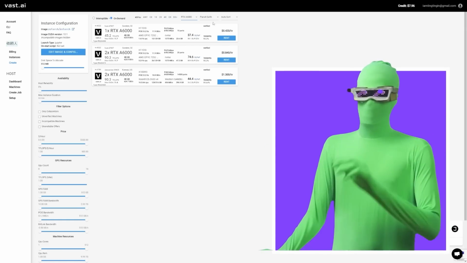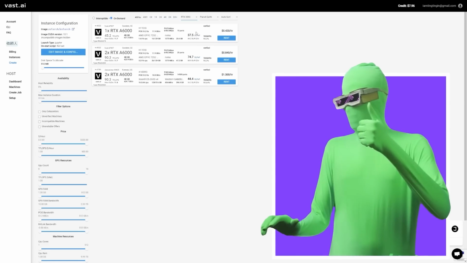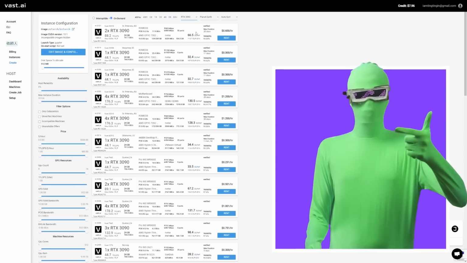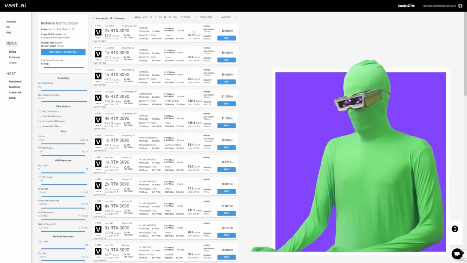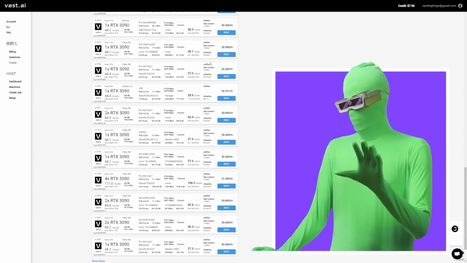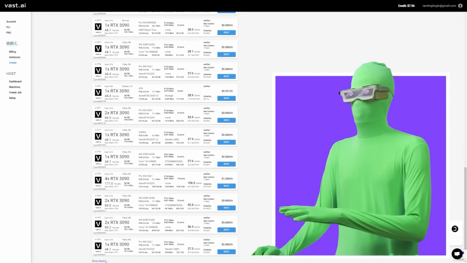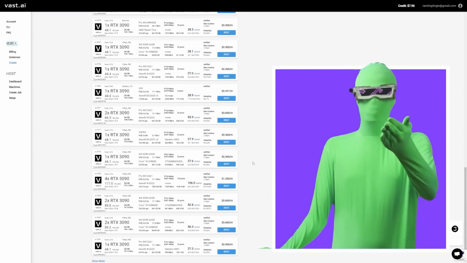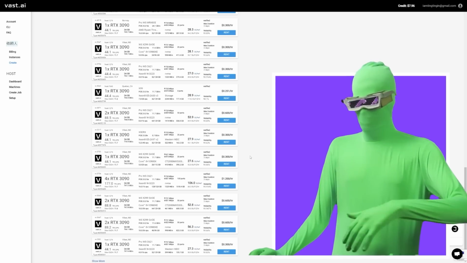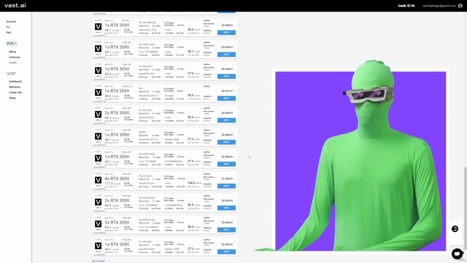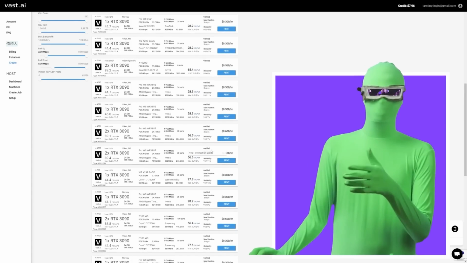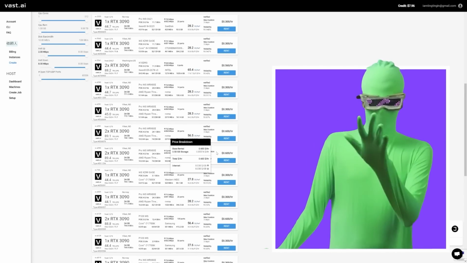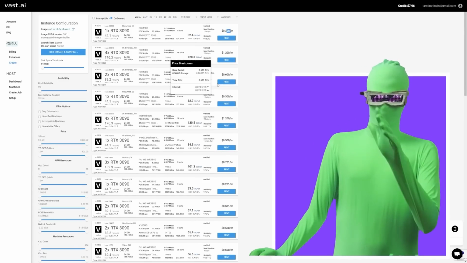Here's the thing though, this is capable of running on 3090s. You can see when it came to A6000s and A100s, there's like 3 rigs for both of them. That's like nothing. But if you come to the 3090s, there's way more 3090s available. There's even a show more at the bottom here, right? So there's way more, not to mention some of you probably have 3090s. Not many of you probably have A6000s considering it's a $5,000 GPU, but some of you might actually have 3090s to be able to run this on your own systems. But in this video, we're not going to be using 3090s, we're going to be using A6000s.